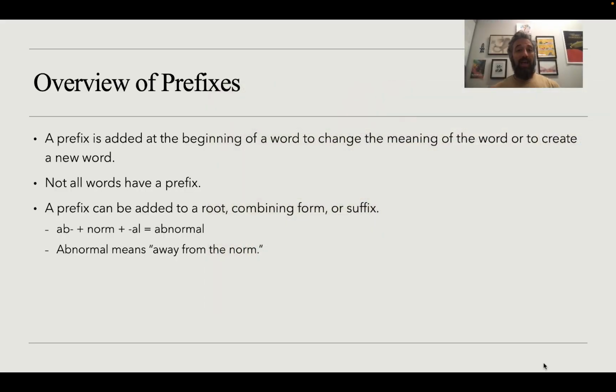So a prefix is added at the beginning of a word to change the meaning of a word or to create a new word. Not all words will have a prefix, but many of them do. And a prefix can be added to a root, a combining form, or a suffix. Like the prefix ab means away from. So abnormal means away from the norm or away from normal,